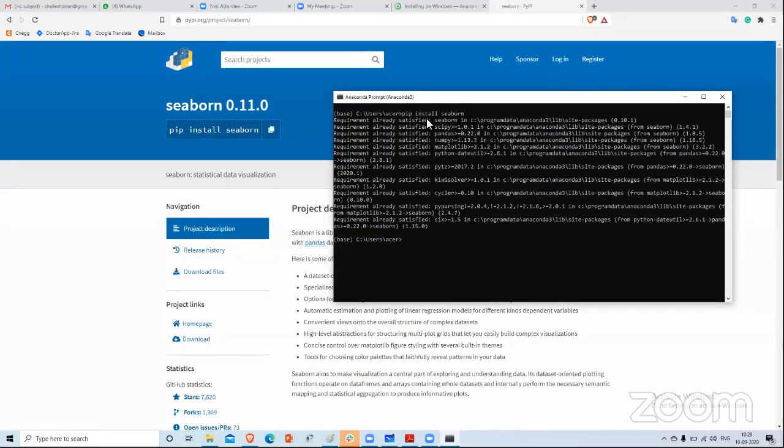The pip command is used to install packages for Python, and the syntax is pip install the package name. Is that clear for you?